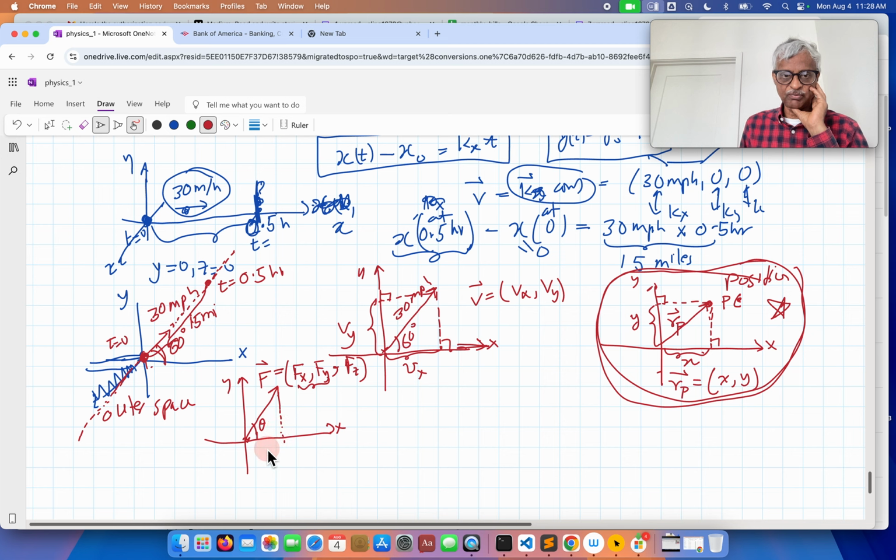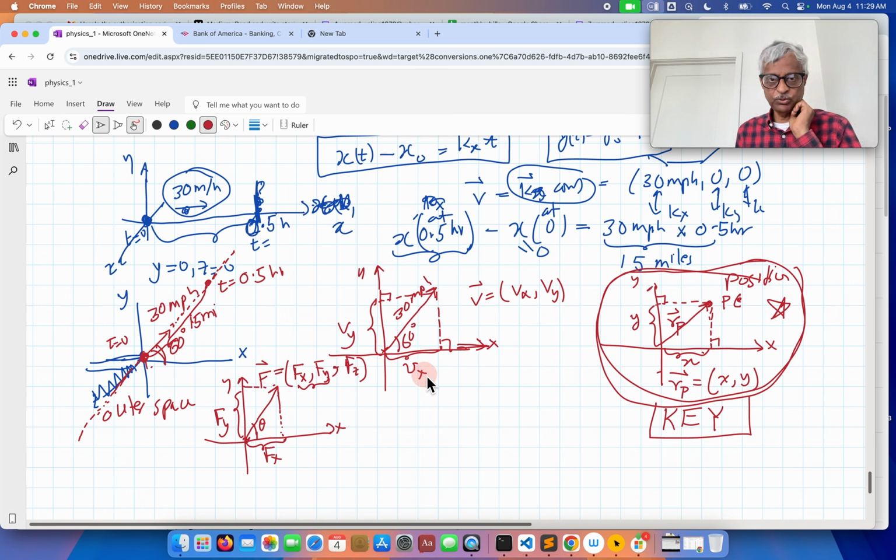You project. This is going to be fx. This projection is going to be fy, and similarly for fz. So this is the key. Use it, okay? So I do this, and in this triangle, obviously, this length is v without the arrow,